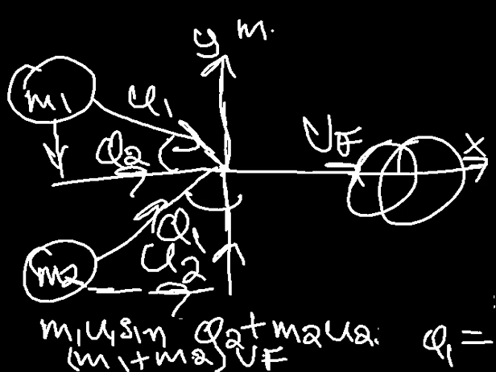I understand you're following this. I'll have cos theta 1, because mind you, object 2 is moving with respect to the angle theta 1, which is against the variable. So along y, we'll have the cos,